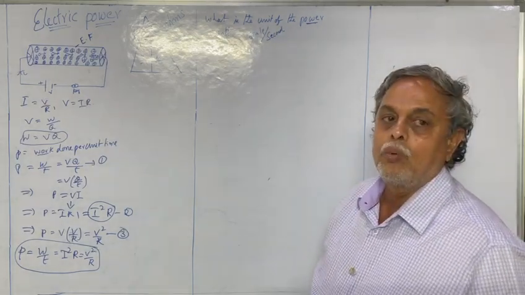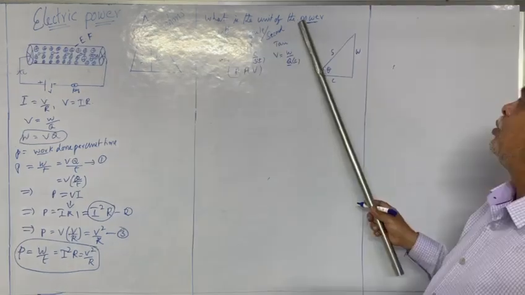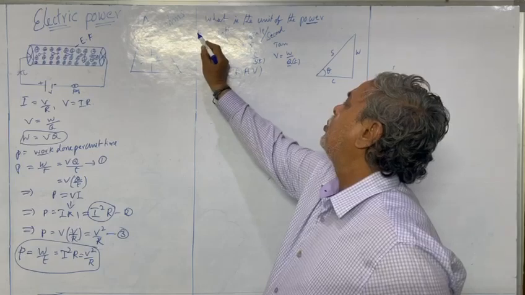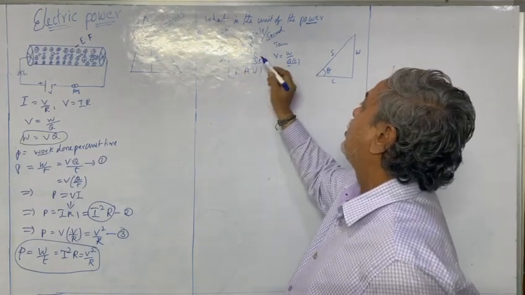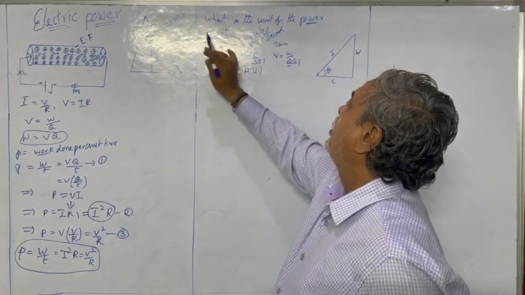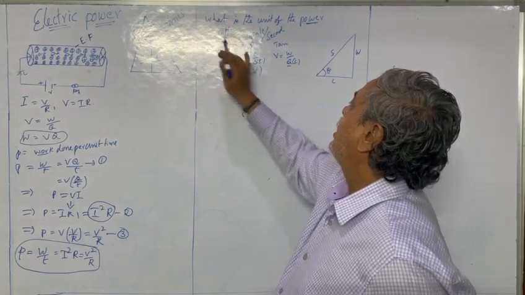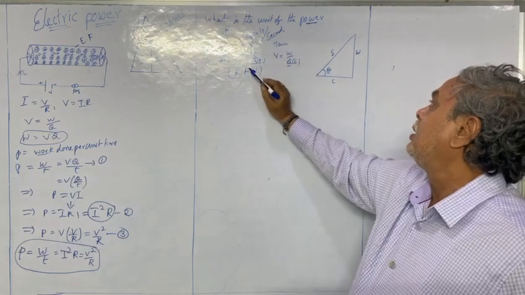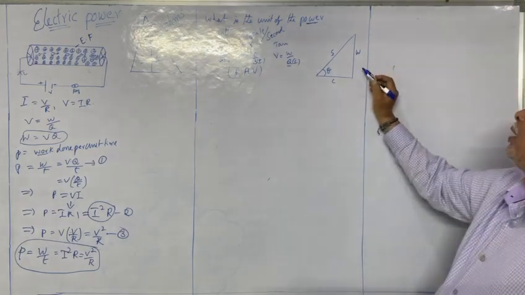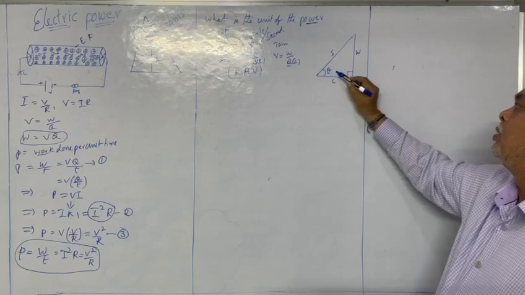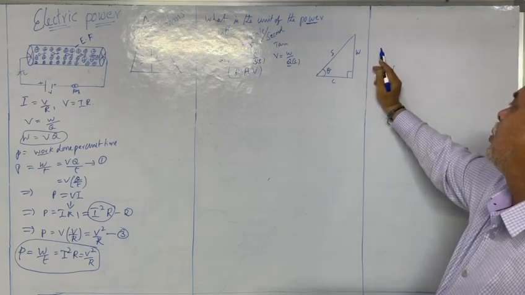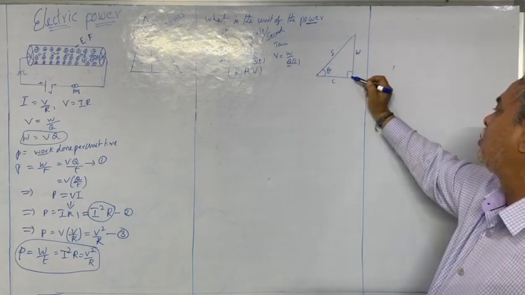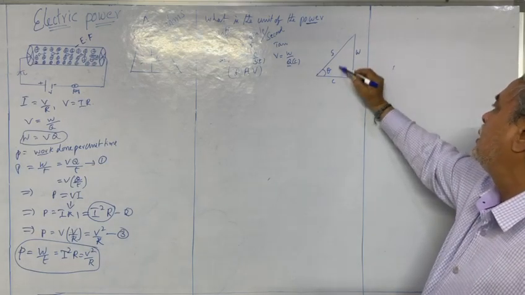I can make the unit of power. Power is equal to work done per unit time. Power is equal to work by time. Here watt is equal to joule per second. Here we have made a trigonometric diagram, where power is equal to work by second, and ampere is equal to coulomb by second.